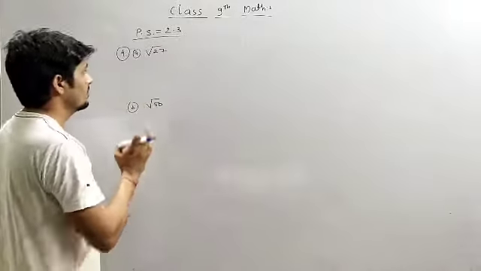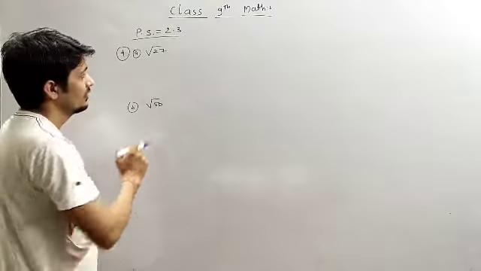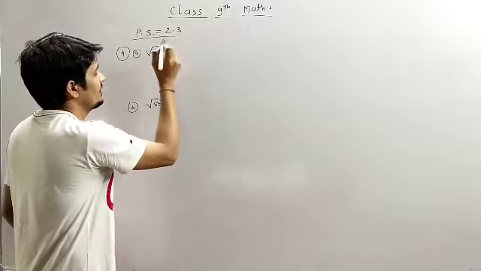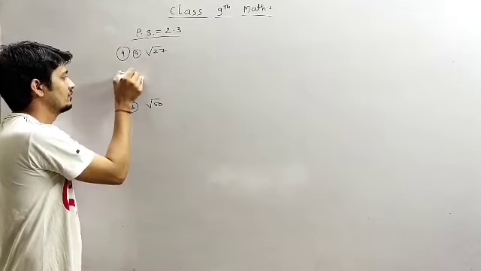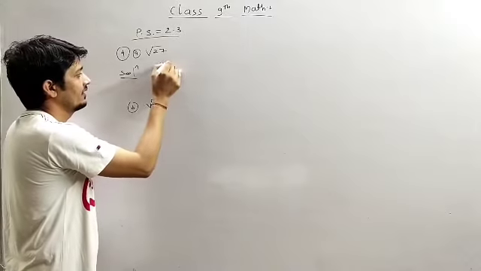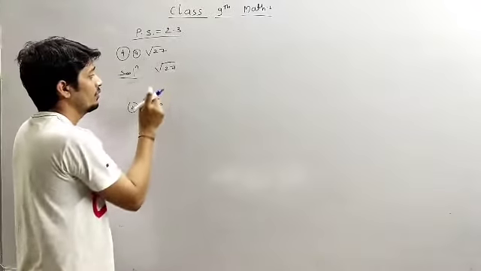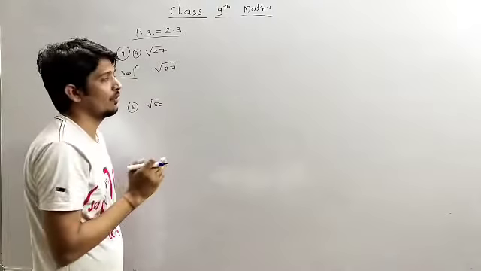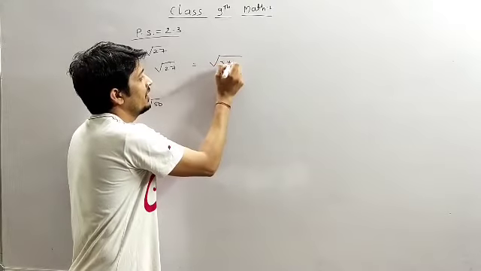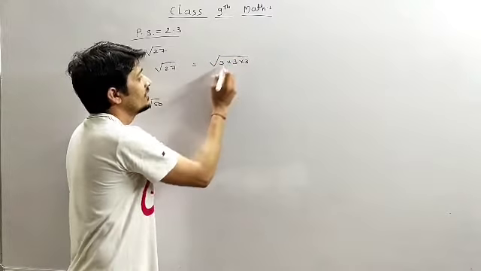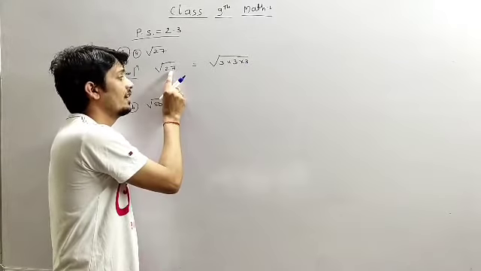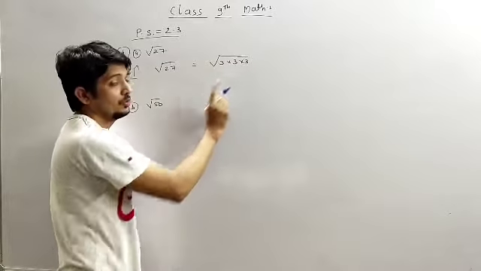Okay. So we have to simplify these given surds. It is root 27 and root 50. So we have to write the solution. We have root 27. We have to factorize this 27 into simpler form. So we can write it as 3 into 3 into 3. 3 3s are 9 and 9 3s are 27.